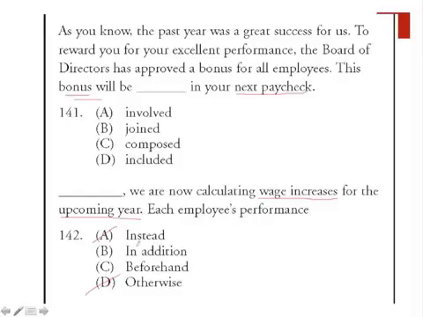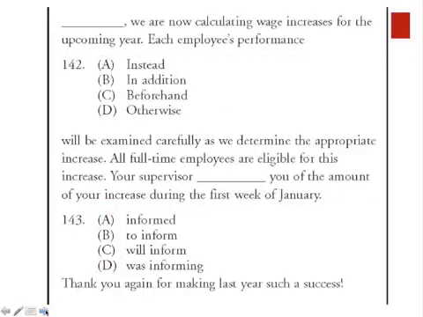So the question is, do we consider that this is information that would happen before the bonus is going to be determined? Or is this information that's going to be extra in addition to the bonus? Well, again, generally when we do well, things improve. So in this case, the bonus is going to be included,